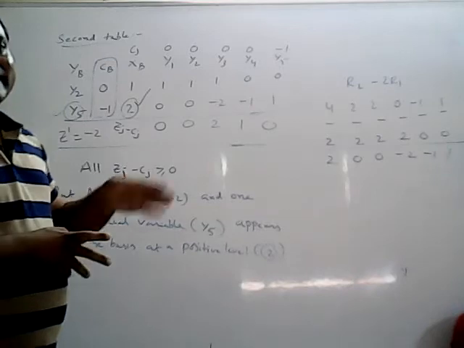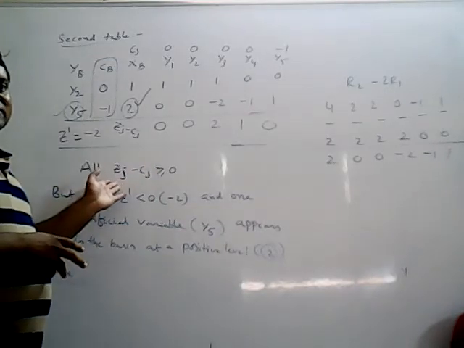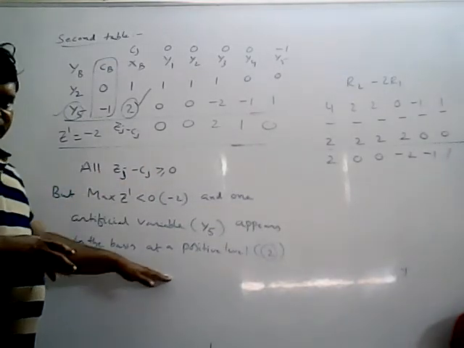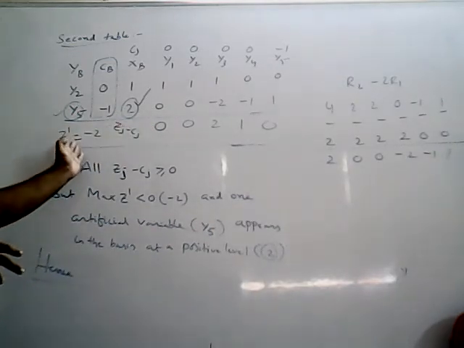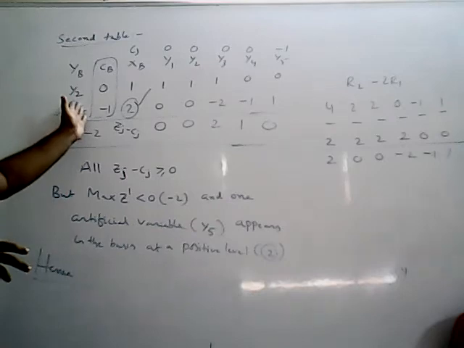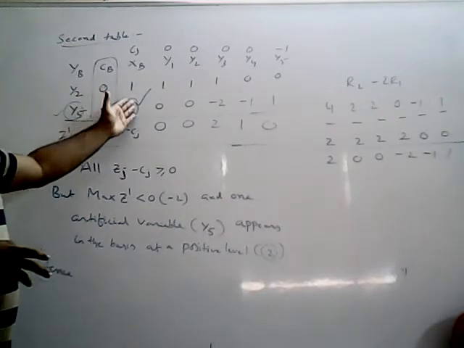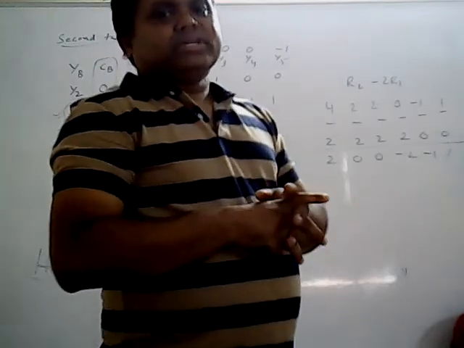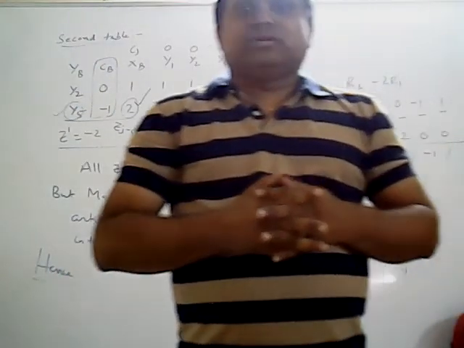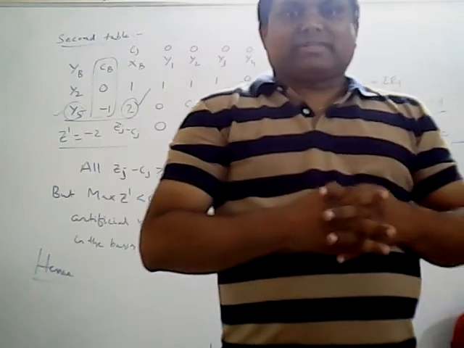That means in case 1 you get the result directly in phase 1 and the procedure is closed. Because you are getting greater than or equal to 0 but maximum z dash less than 0 and an artificial vector appears in the basis at a positive level, the given LPP does not possess any feasible solution. So you can practice some more problems.